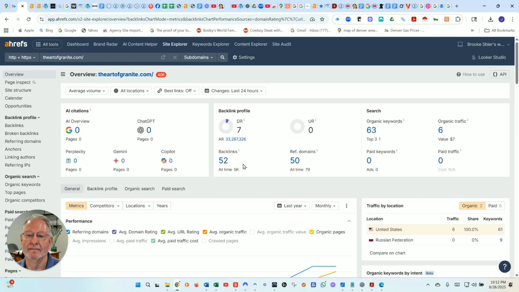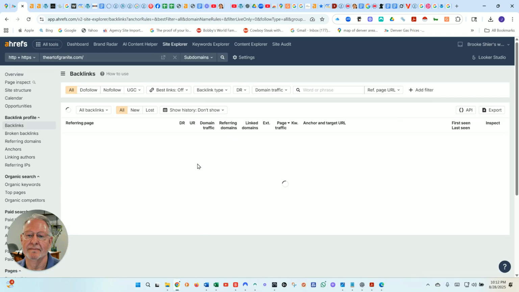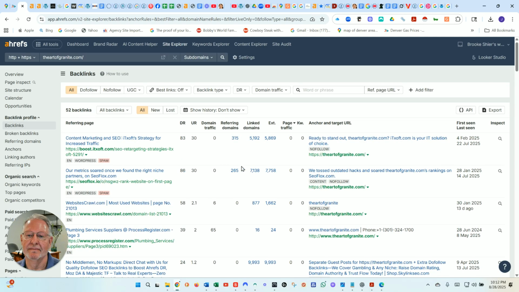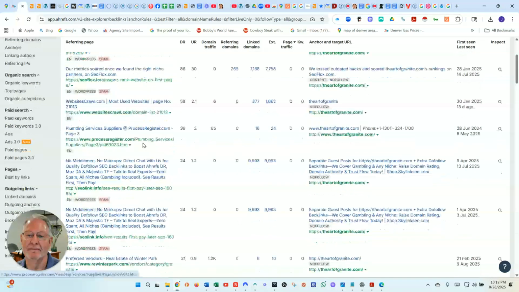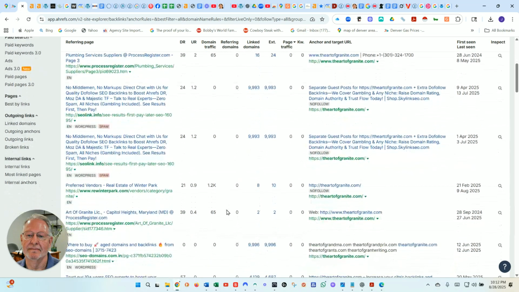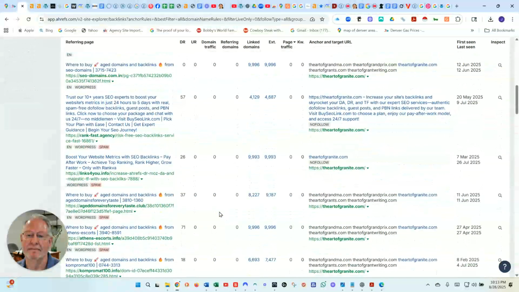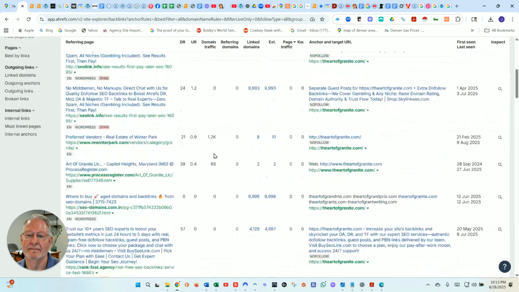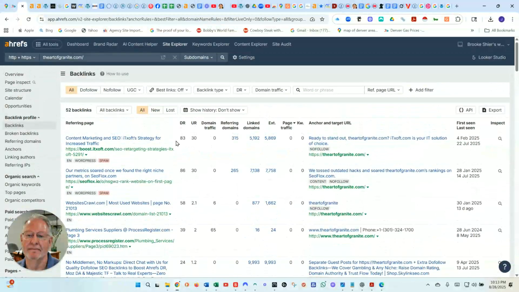Maybe the next thing I'm going to show you will kind of open that up. You want to have quality backlinks that are relative to what you do, and if you do that, that gives more power to your website, okay? So let's look at a couple of these real quick. Okay, you got spam, spam, spam, domain traffic, you got 0, 0, 0, 0, 0, 0, 0, 0, spam, spam. So we want to disallow these and get some good backlinks in there.